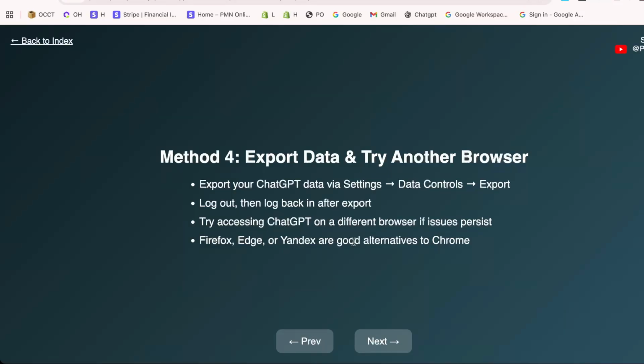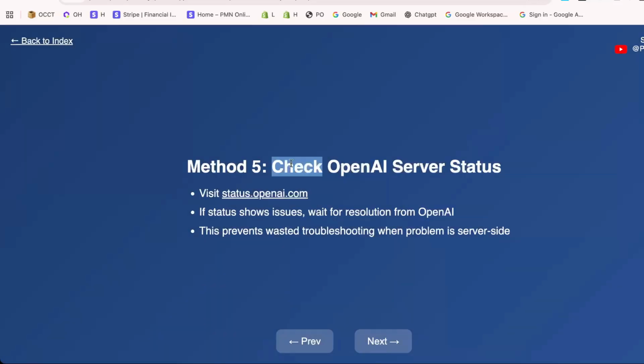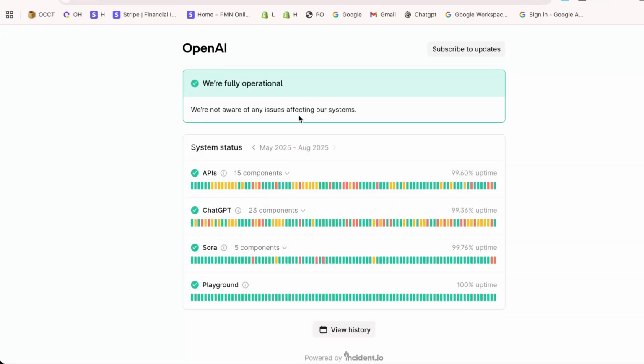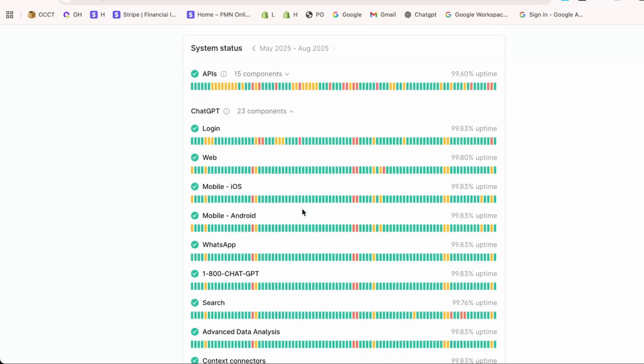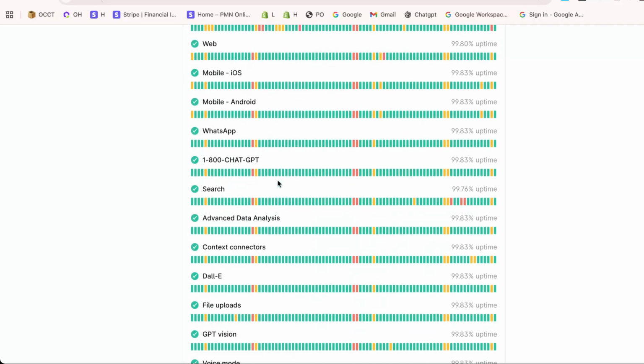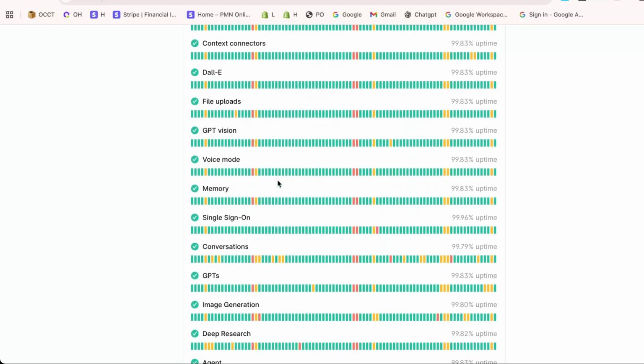Method 5. Check OpenAI's server status. Sometimes, the problem isn't on your side. If ChatGPT is not loading conversations, it may be a server-side issue. Go to status.openai.com. This is the official OpenAI status page that shows whether ChatGPT and related services are experiencing downtime, server maintenance,